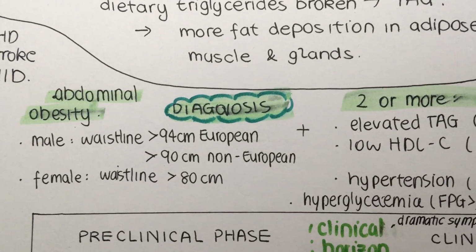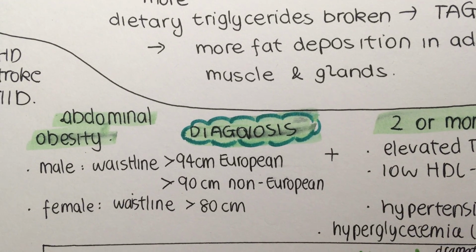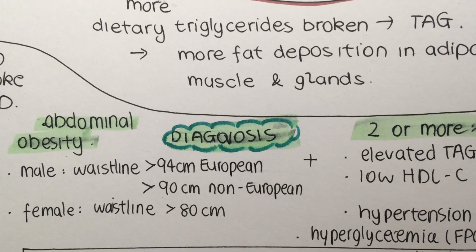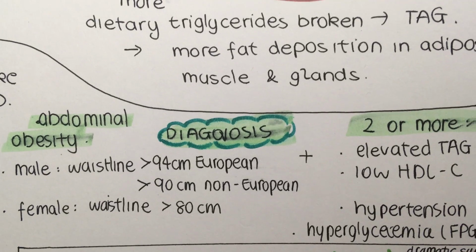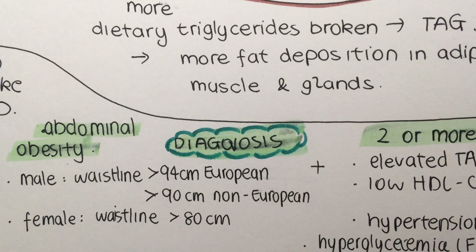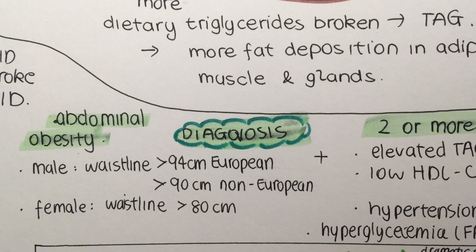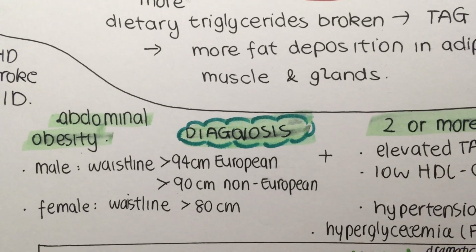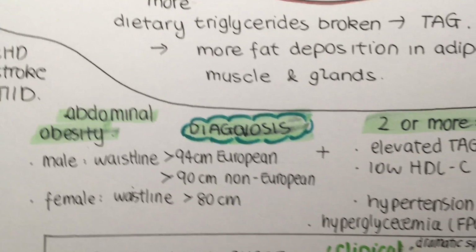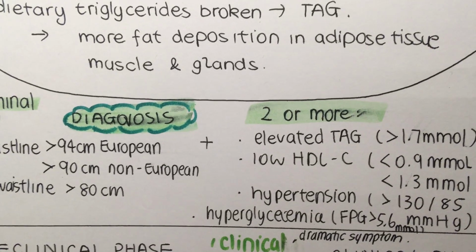Well, it is defined by abnormal obesity or visceral obesity that, according to the International Diabetes Federation, is classified as a waistline of over 94 centimeters for European males or over 90 centimeters for non-European males, or a waistline over 80 centimeters for women. In addition, to be classified as someone with metabolic syndrome, you must have two or more of the following factors,